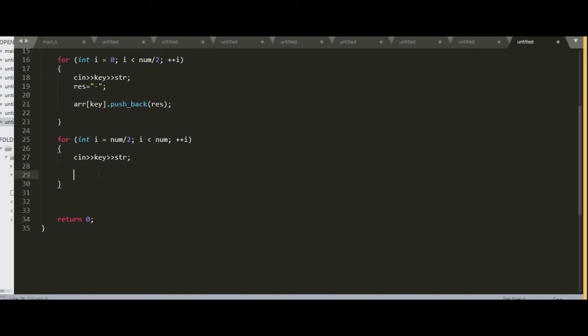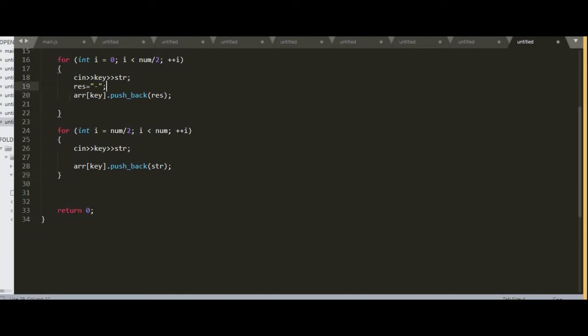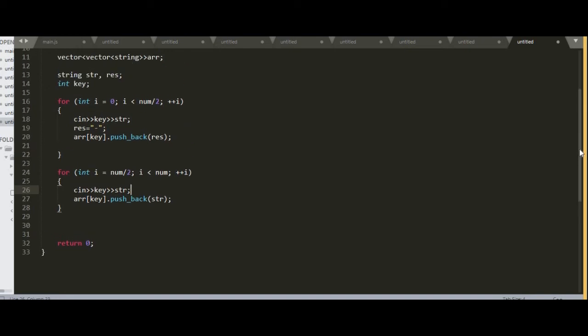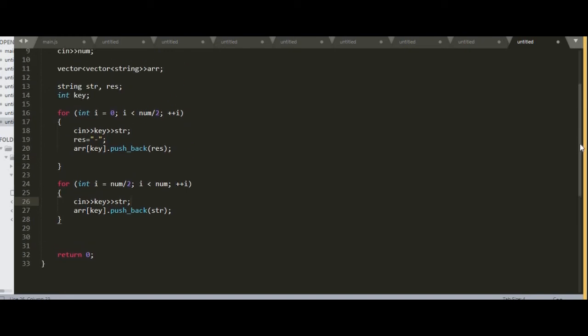Similarly array key, given key dot push back, and we would be inserting the given string. Okay. So this is the simple or easy part of this program, and until now we haven't encountered counting sort. So we have inserted all the given inputs in our array of strings.